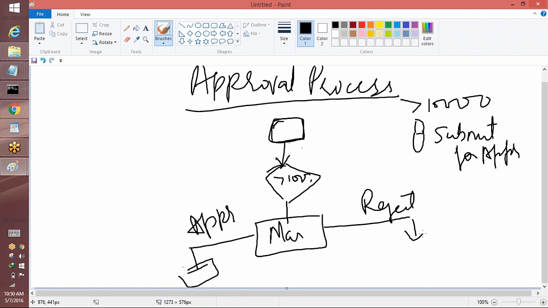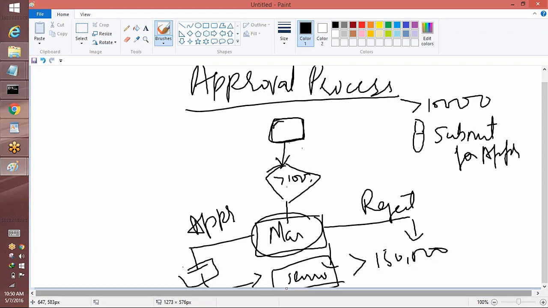If there is a record that has a condition of greater than 100,000, then it has to be reviewed by the manager, so you need those kinds of things. Based on whether he approves or rejects it, you have certain things to do. If he approves it, it also needs an approval from, let's say, the senior manager. Another thing is, if it is greater than 100,000, it needs a manager. If the position is greater than 150, then it needs the approval from